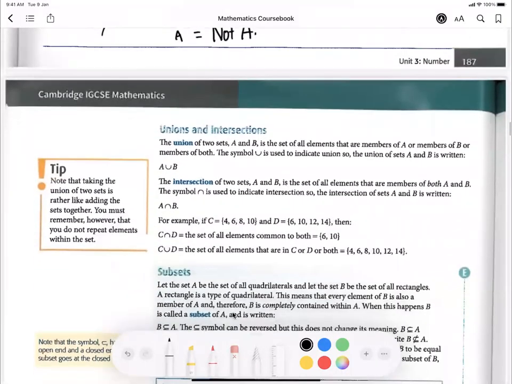Okay, and then we have unions and intersection. Intersection is the one that is the same. If you have the same thing, then it will be overlapping each other. Union is we just want to put it together. Okay, A union B, it means that everything in A and everything in B. So this one here is